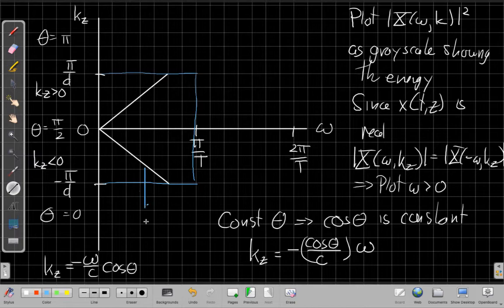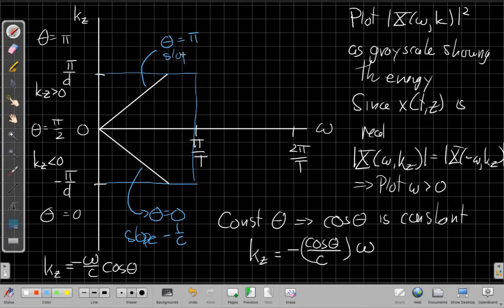So this line here is the theta equals 0 line, right, with slope minus 1 over c. And this would be the theta equals pi line, or rear end fire, with the slope 1 over c. And it's an important point, when they reach these limits of plus or minus pi over d,